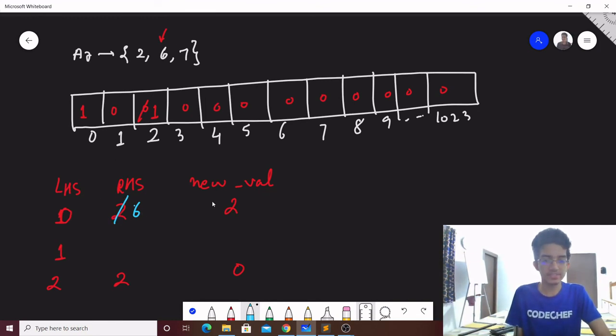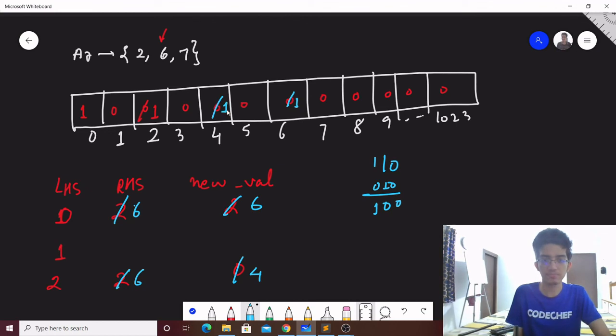So 0 XOR 6 is 6, so 6 becomes possible. 1 is not possible, so we don't look at that. 2 is possible, so 6 XOR 2. 6 is 1, 1, 0, and 2 is 0, 1, 0. The XOR is 1, 0, 0, and this is 4. So the new value is 4, and since 2 is possible and we have 6 in our hand,